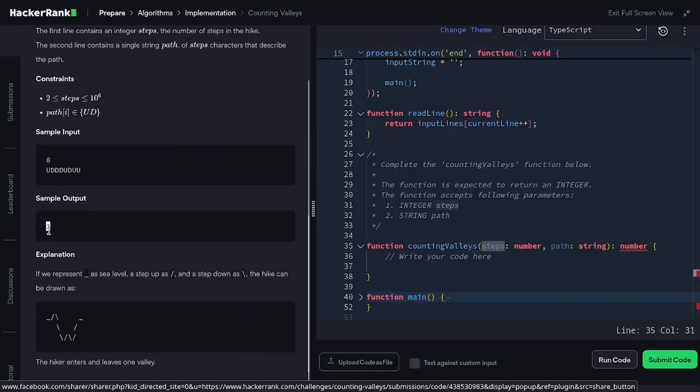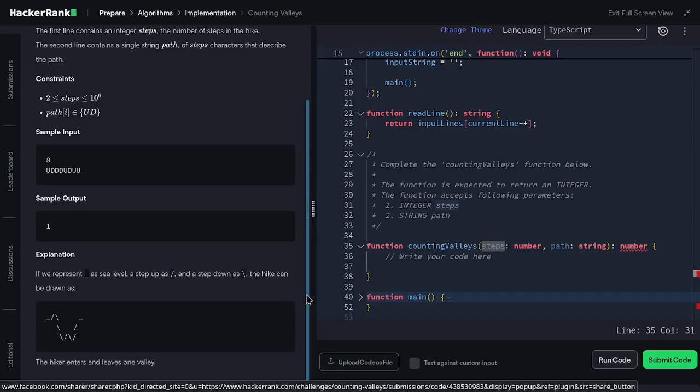Why is it 1? Because if you look over here at the visualization, it starts with 0 and then has 1 mountain, and because a mountain is not counted, we should count only the number of valleys that the hiker has passed. So it only records the valley starting from below 0 of the sea level and ending at 0 again, sea level, and so it's only recorded as